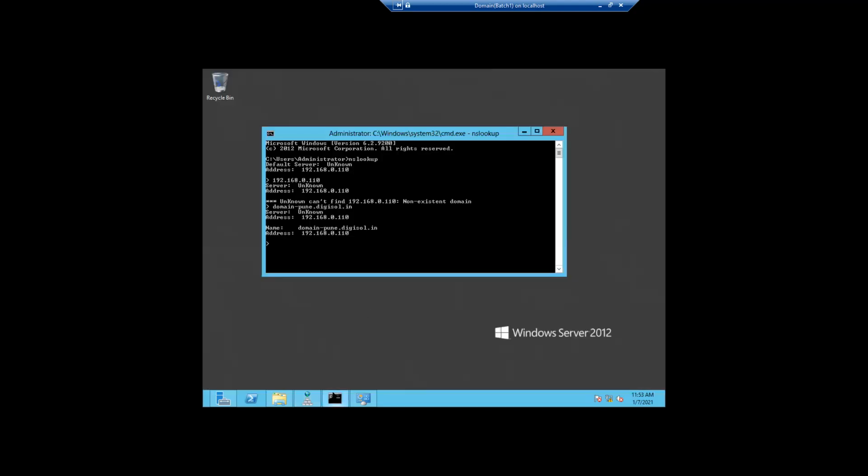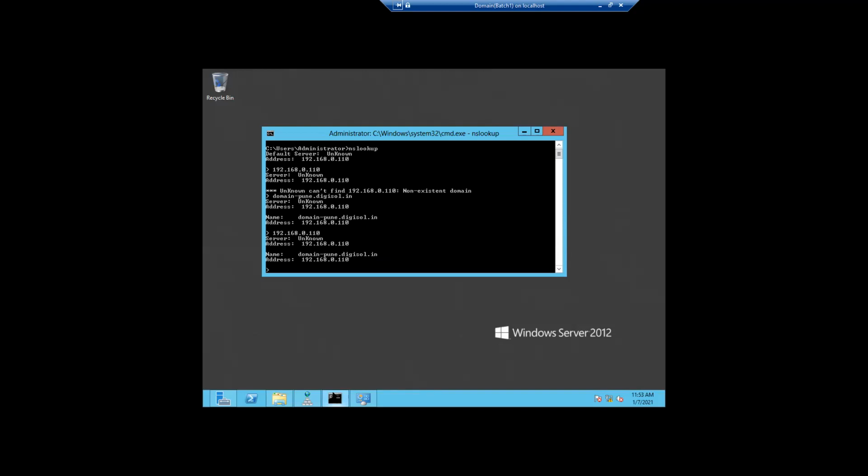So now we'll try resolving. Earlier when I put the IP address, it was not resolving, right? So I will now type the IP address, then we'll see whether it will resolve or not. 192.168.0.110. Yes, it is resolving, right?